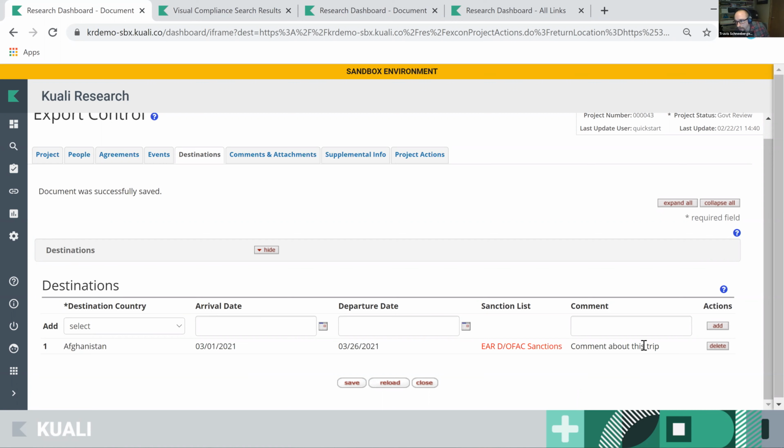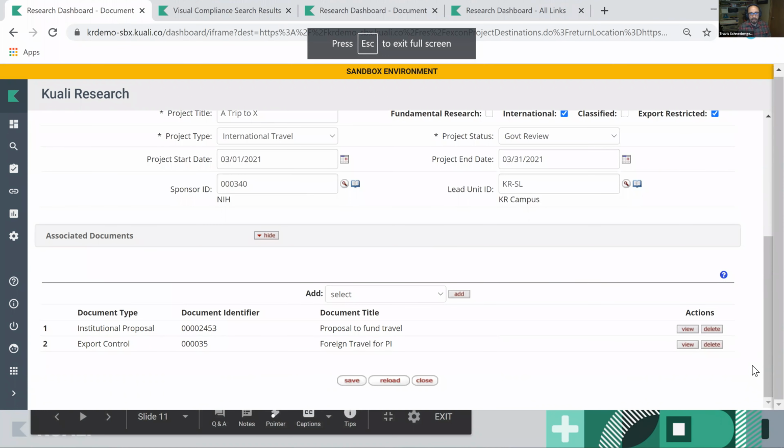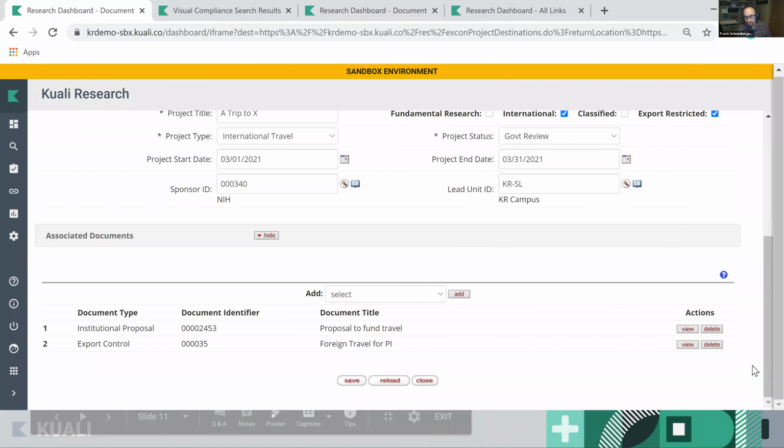Oh, and we have, okay. So John asked, will there be a Medusa view in other modules like award or IP to see if there is an export control connected? So far, this is not scheduled, but again, just like all the other enhancements that we want to do, this type of thing makes sense. It's just a matter of prioritizing it, putting it in the list of development tasks. Although it isn't available through Medusa right now, and of course that's feedback we'd love to hear from institutions once they start to implement, if that is something that's needed,